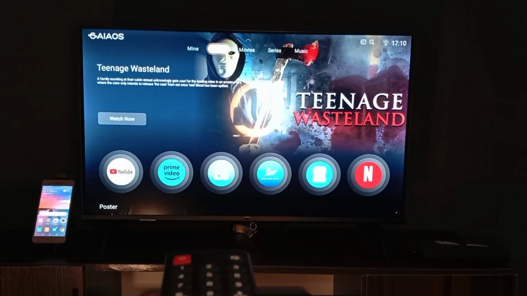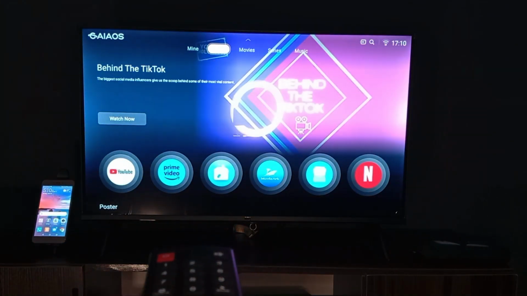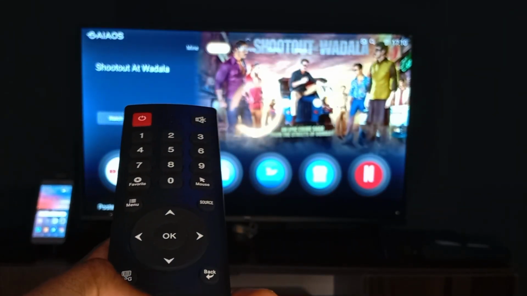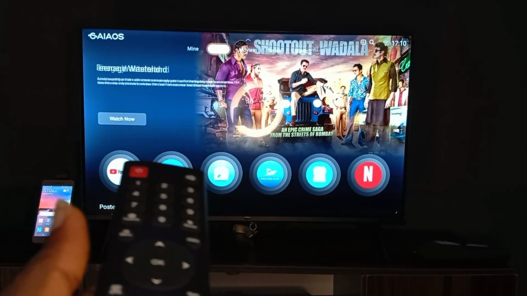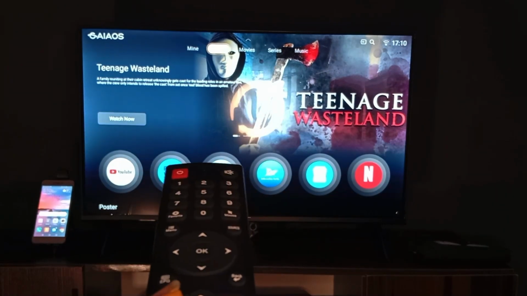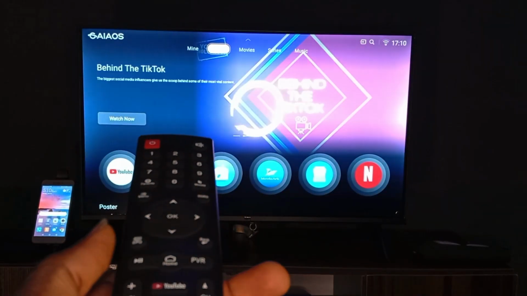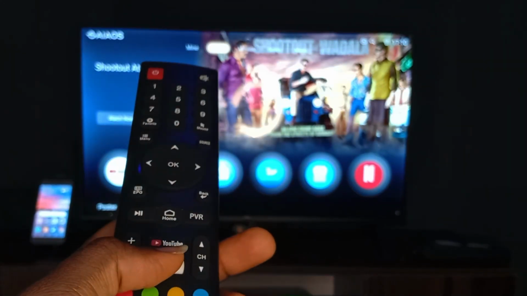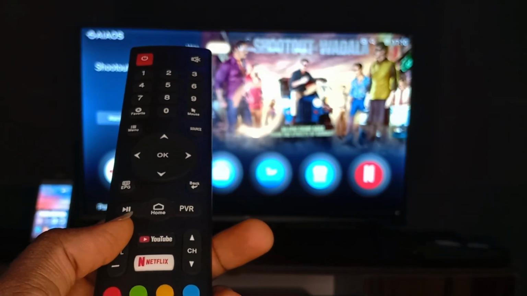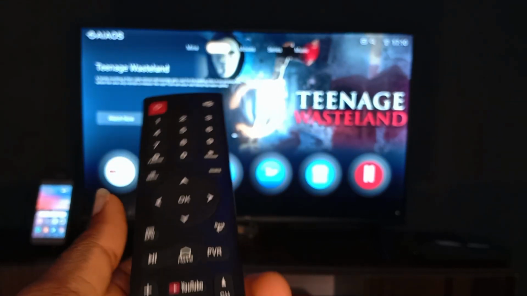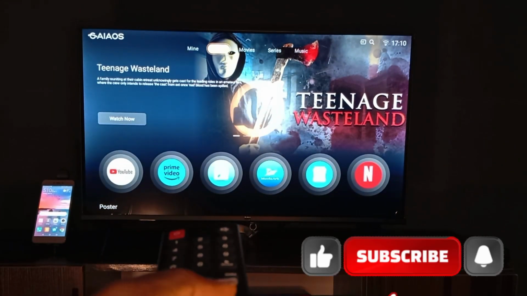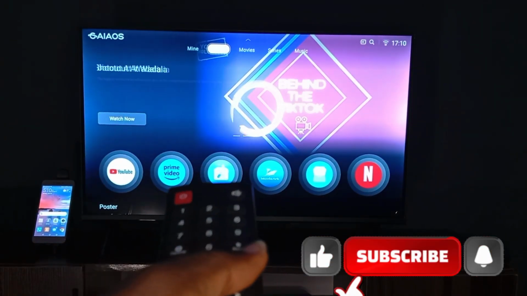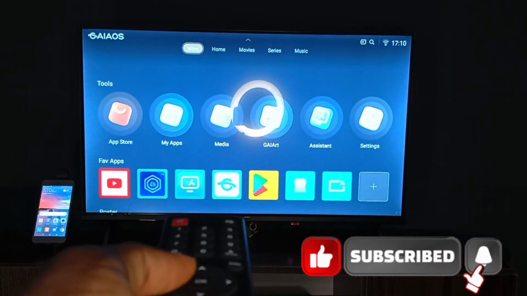So to come back to the Android TV, you just click on home on your remote. So we have different buttons. We have YouTube. So for you to go directly to YouTube, straight from your button, you click on YouTube and Netflix. Then we have the volume. We have the channel, and menu is for you to bring out a menu from any function that requires you to get a menu. For instance, when you come to